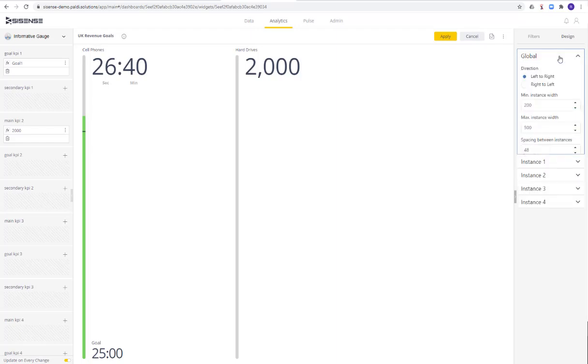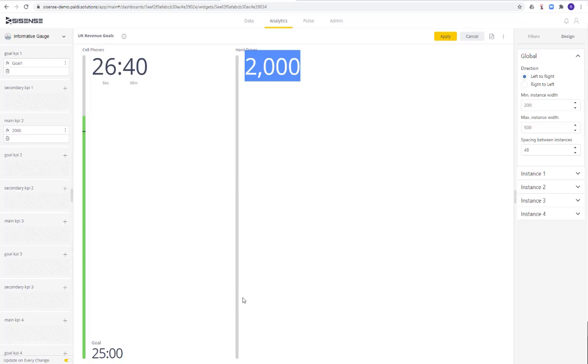Other than that, we have some global design parameters, and we're very open for feedbacks to add more. So in general, because it's a fixed amount of numbers and Sisense is doing dynamic width, it's important to set up a minimum value and maximum value for your instances. And this mainly depends on the amount of instances that you have. Like if you have 2 and you want it full width, I would put max width a little larger and put more spacing between them. So for example, if I'll put 100 pixel spacing between them,